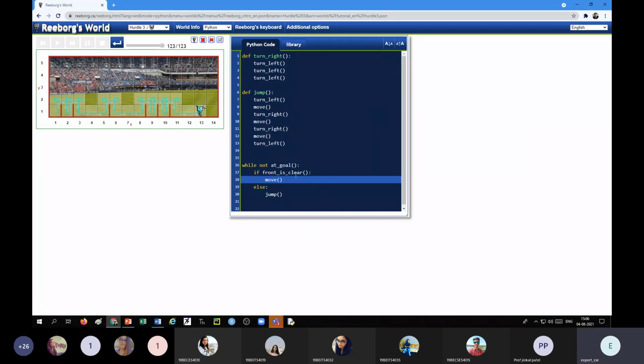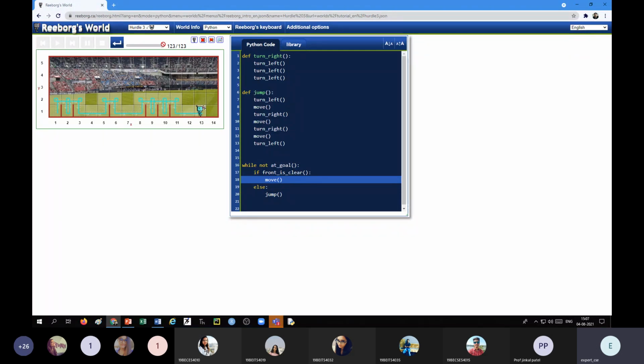So in this way, we can use other functions like front is clear. Okay, if front is clear, we move front side. Otherwise, we will jump. That means there is a wall. So we can also use that wall on right function. Okay, and for jumping we simply start by turning left and then move. Okay, so this is for the jump function. So we made one or two sentence changes in jump also, and here it is very simple.